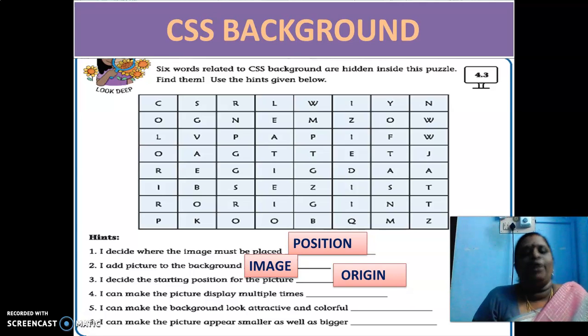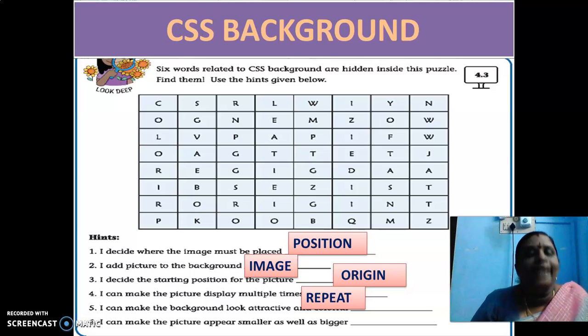The next question, the fourth one. I can make the picture display multiple times. We saw how to display the picture multiple times in the background. Which attribute helps in making the picture display multiple times? The answer is repeat.